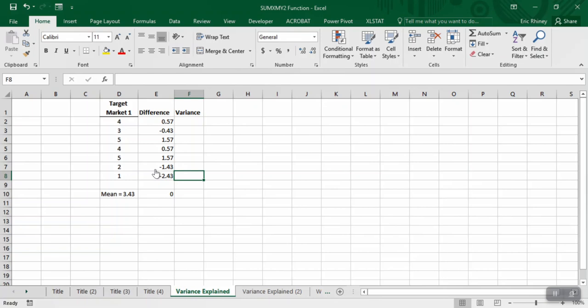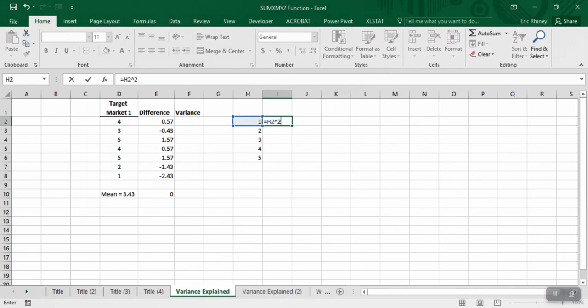So in order to do that, we could do the absolute value here, or we can take the squared of this. By taking the squared of this, we not only get rid of the negative, we also create an exponential amount of magnification for anything that's farther away from the mean. So if you think about this, 1, 2, 3, 4, 5, if we take the squared of each one of these,